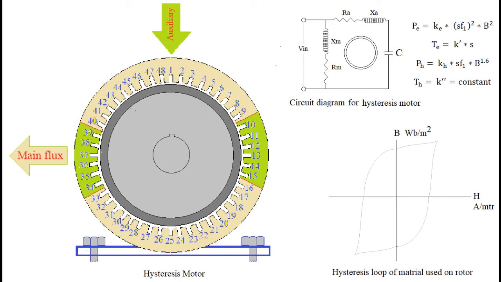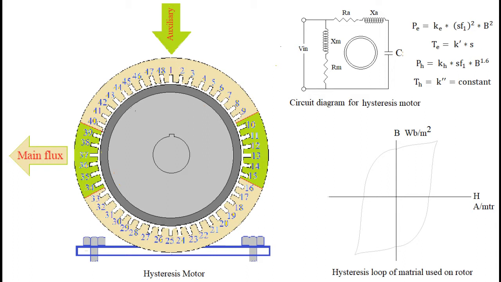Now consider the motor cross section shown on the slide. This motor has two windings. One of the windings is known as the main winding and the second winding is known as the auxiliary winding. The auxiliary winding has a capacitor permanently connected in its branch circuit. These windings are connected in parallel, but both parallel paths are permanently connected to the single phase supply.